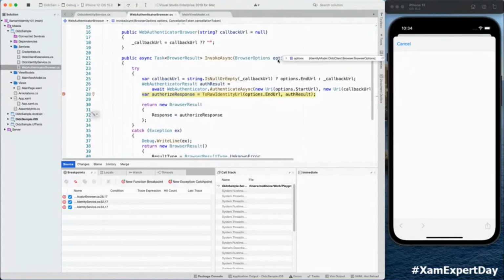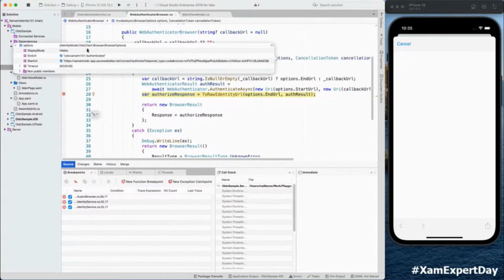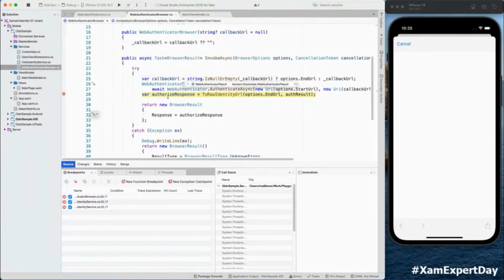And you can see I have here my options that have been passed in as before. I have the end URL, the callback, I have the start URL. There's some stuff going on here. This is the added security that we would have to do on our own, but there's a NuGet package doing that for us. So what I now can do is